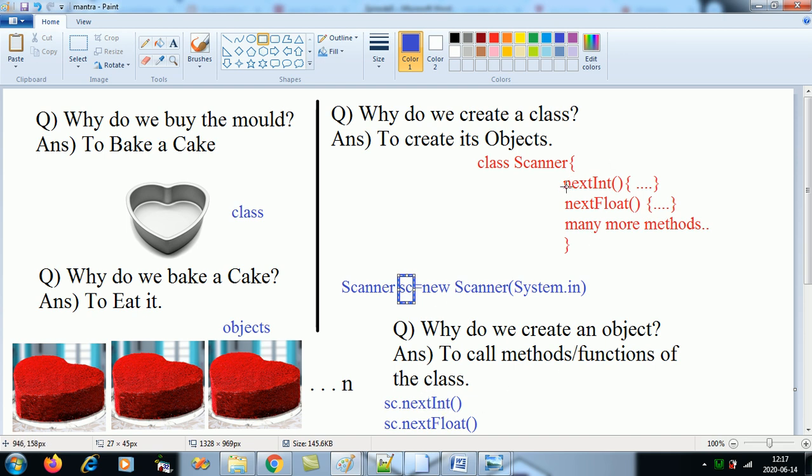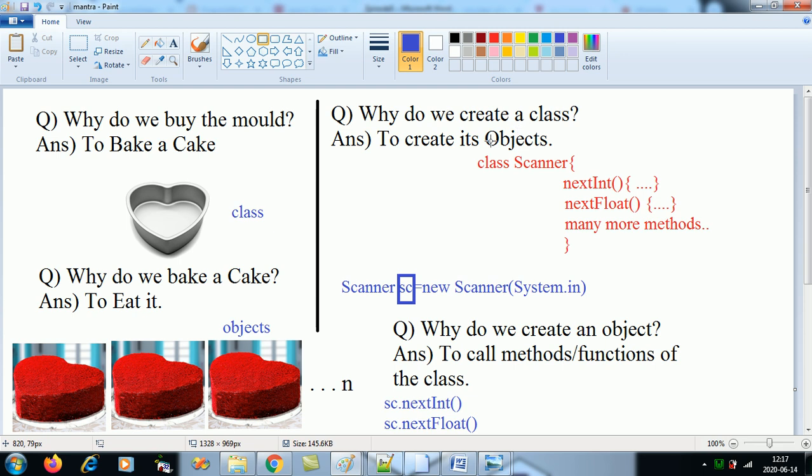So if I want to call the methods nextInt and nextFloat, I have to call them via the object. So I will call sc.nextInt, sc.nextFloat. This is the core understanding of OOPs. If you're comfortable with these two questions and you can answer them, your understanding will be quite thorough.